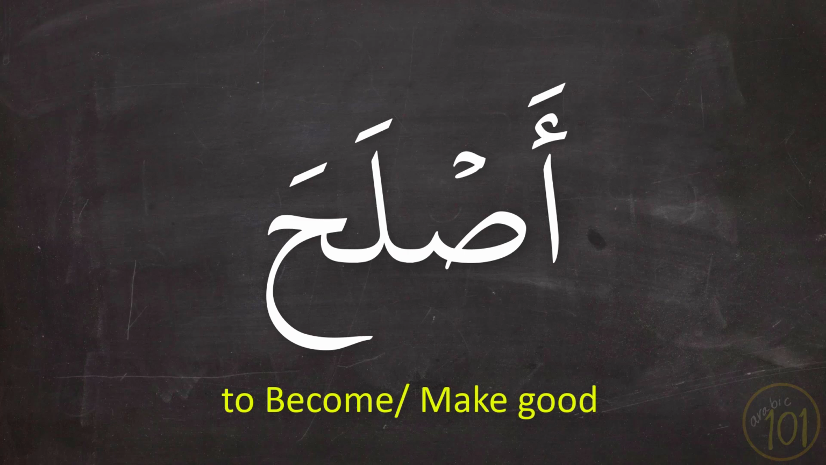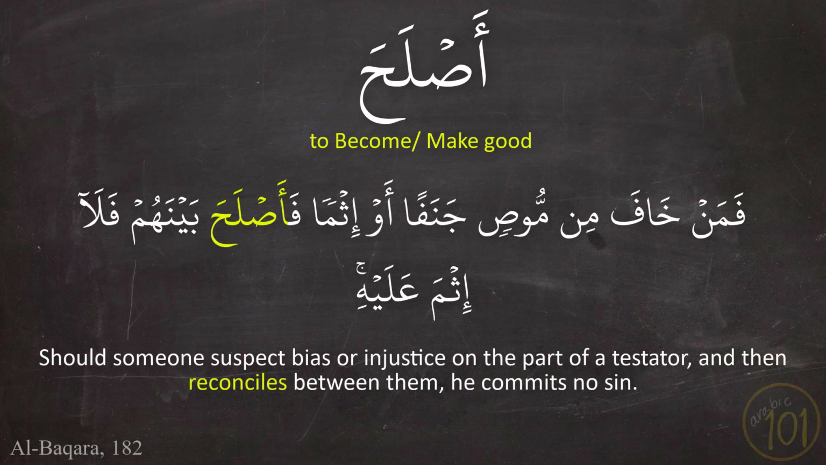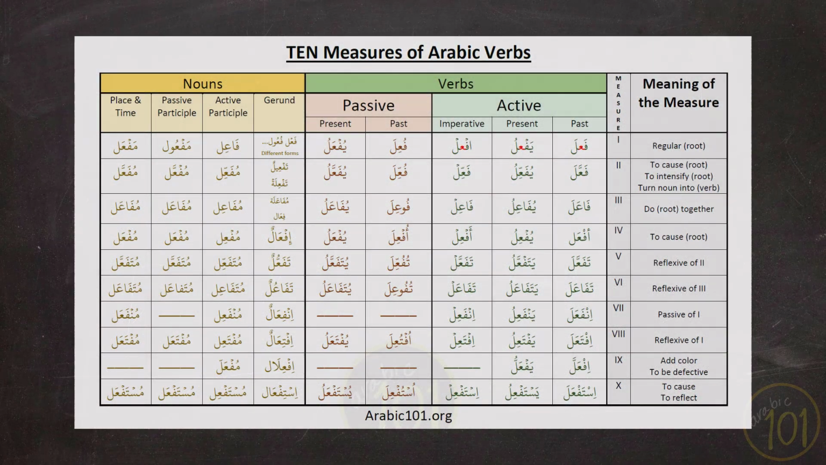We see it used in this example. فَمَنْ خَافَ مِنْ مُوصٍ جَنَفًا أَوْ إِثْمًا فَأَصْلَحَ بَيْنَهُمْ فَلَا إِثْمَ عَلَيْهِ. And remember, you will not see these verbs in these forms only. That's why we're using the 10 measures chart so that we can detect all of their forms